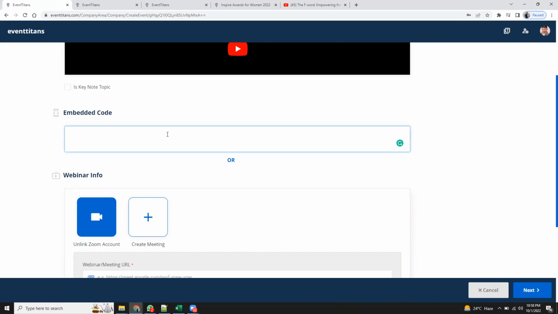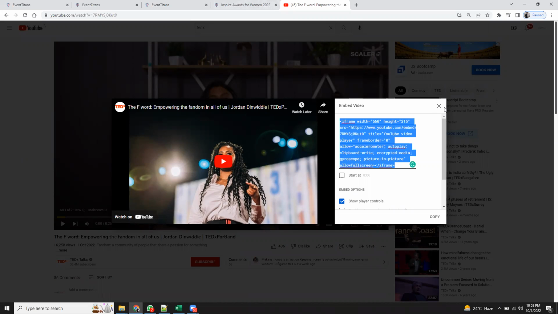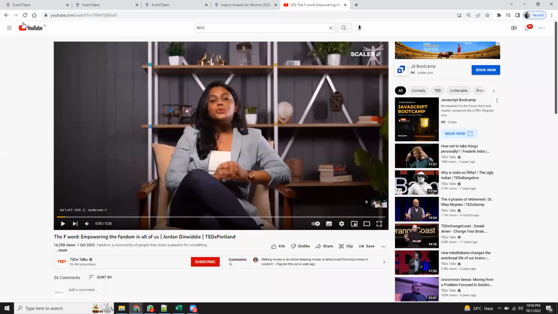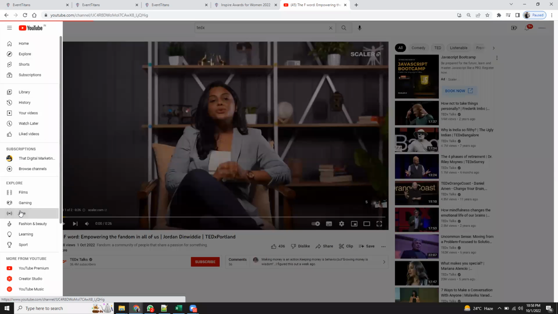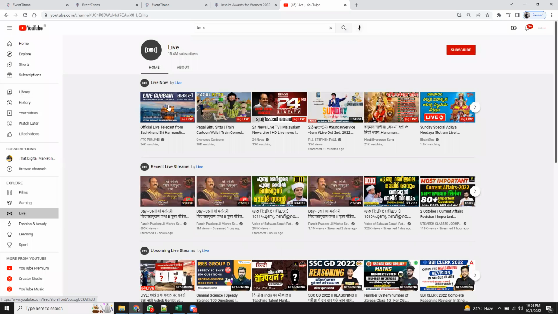The second place is the embedded code. Embedded code can be from any of the platforms. It can be Restream, it can be, let's say, the same embedded code right here. Okay, the embedded video code, that is a frame. Or you do have a YouTube live session going on, one of your live meetings going on, you can just go ahead and, let's say,